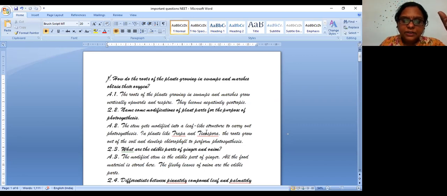Instead of that, I have taken the Opuntia and all will come under this: the stems which are getting modified into a leaf-like structure. We have just seen the Opuntia, right? Same thing. So you have other examples also like Trapa, Tinospora and all, right? So here also Trapa, Tinospora, if you can just go and see,